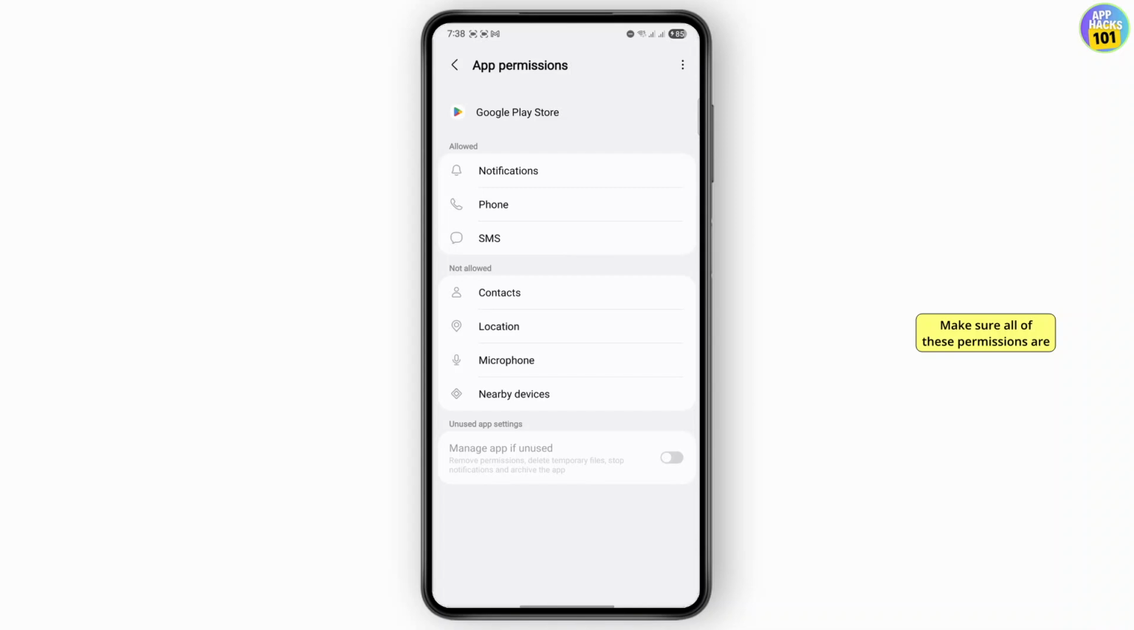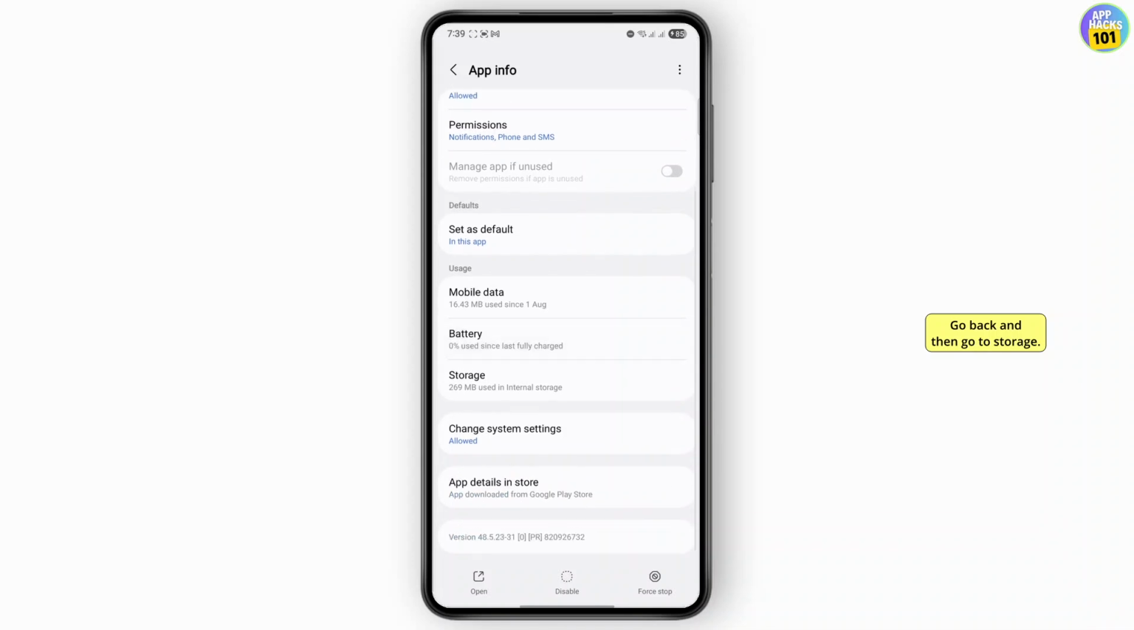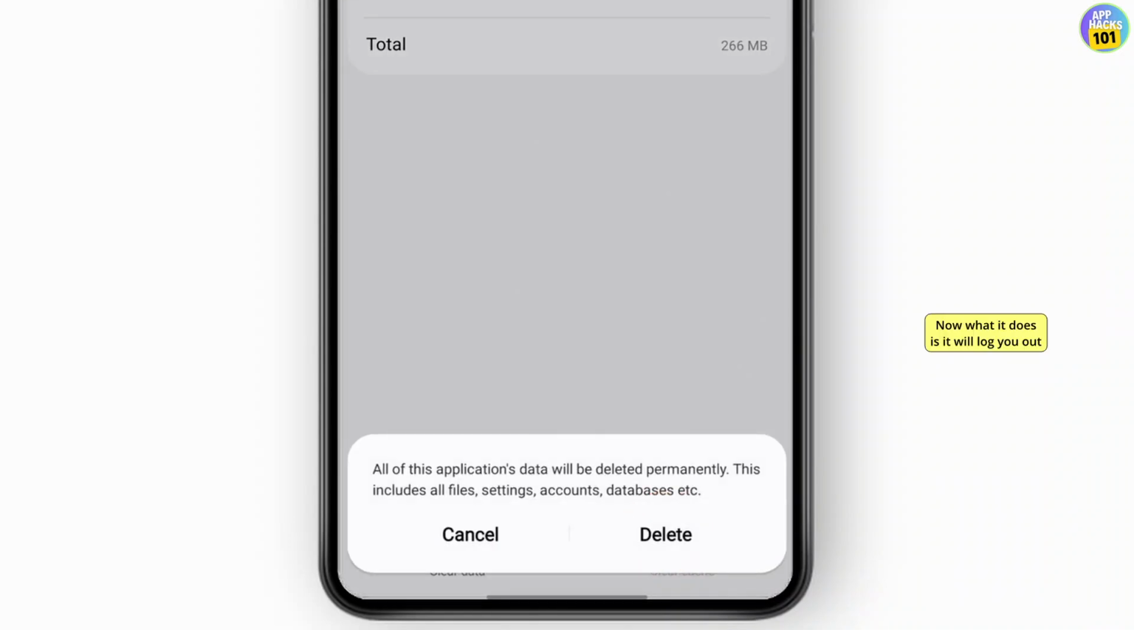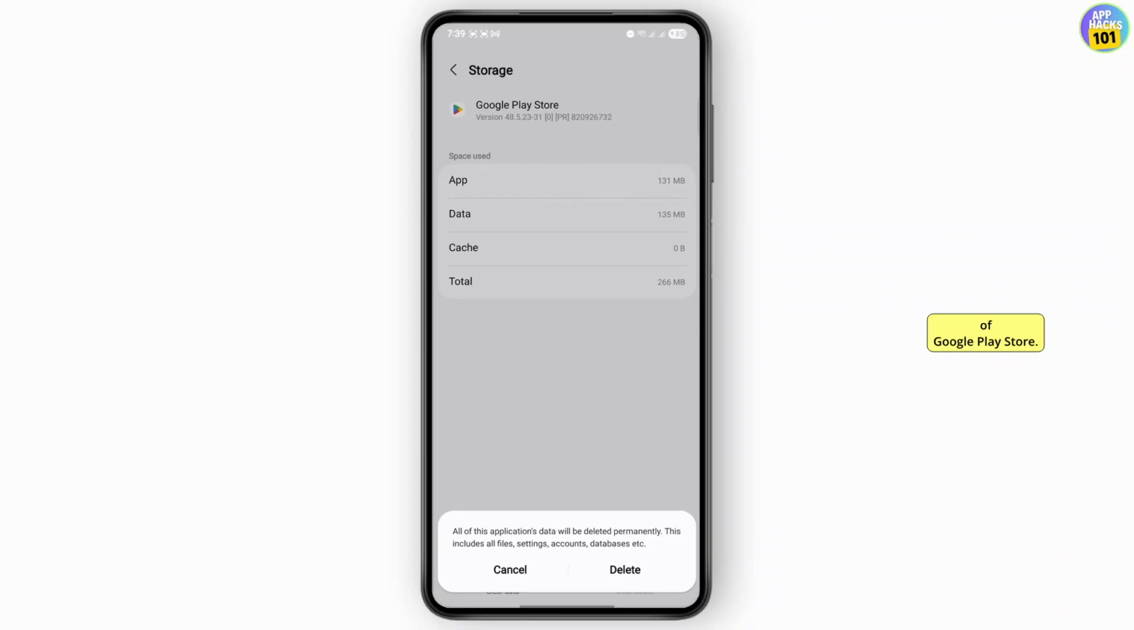Make sure all of these permissions are allowed, including your location, contact, and microphone. Go back and then go to Storage, tap on it, and then you can tap on Clear Cache first at the bottom. And then if you want, you can also tap on Clear Data. Now what it does is it will log you out of Google Play Store, so you're going to have to